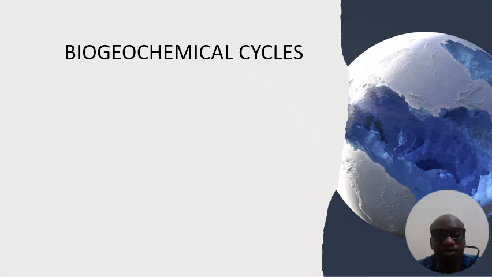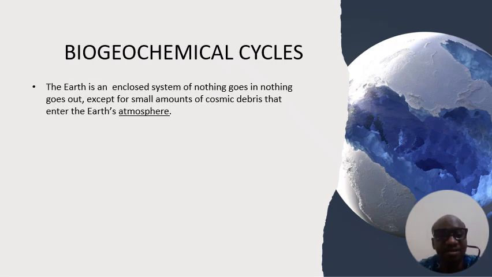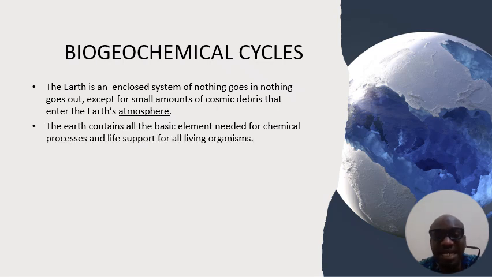So, when we talk about biogeochemical cycles, we're talking about the Earth as a closed system. The Earth operates in a closed system, meaning that matter rarely enters or leaves. All the matter in the Earth system is within the Earth system. The only exception is small amounts of cosmic debris such as meteoroids that occasionally penetrate the atmosphere. In contrast, energy from the sun flows freely into and out of the system, driving the weather, climate, and biological